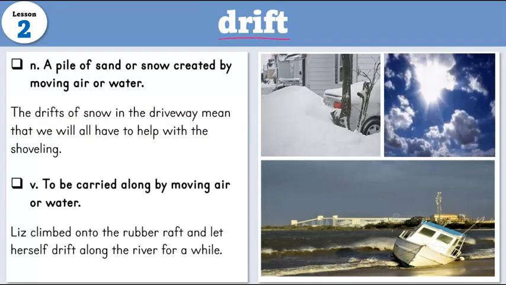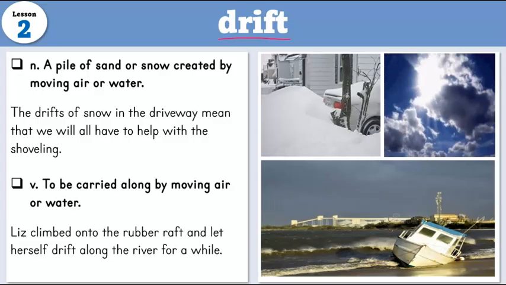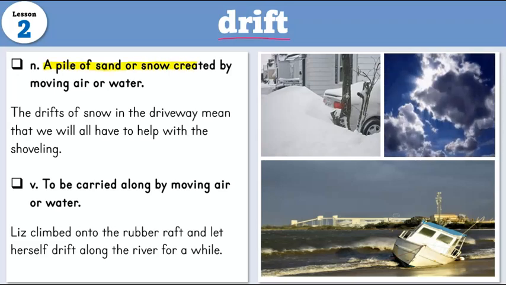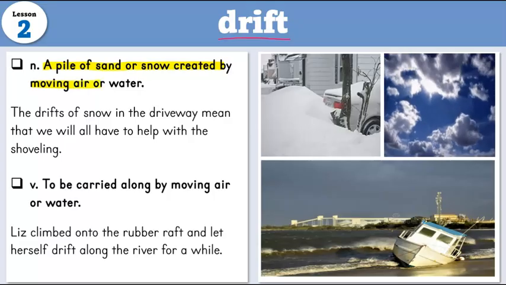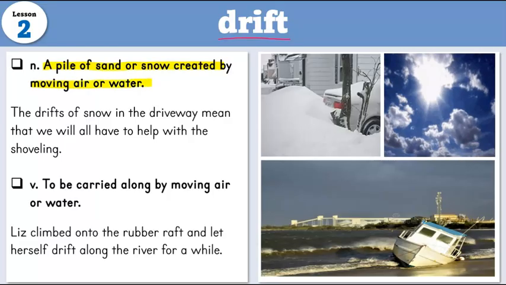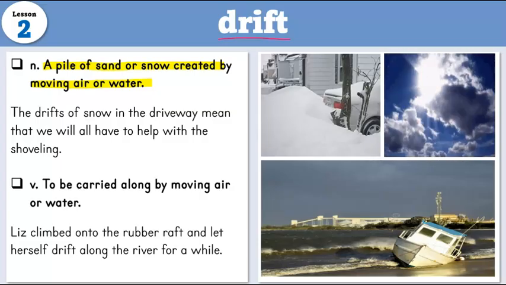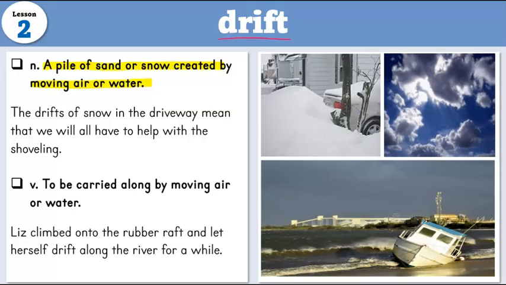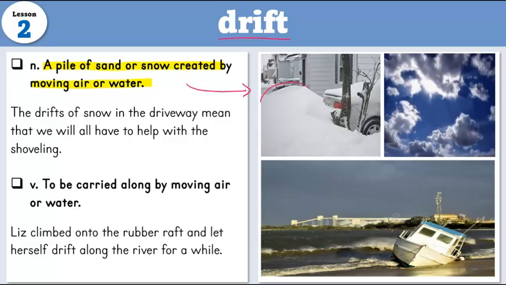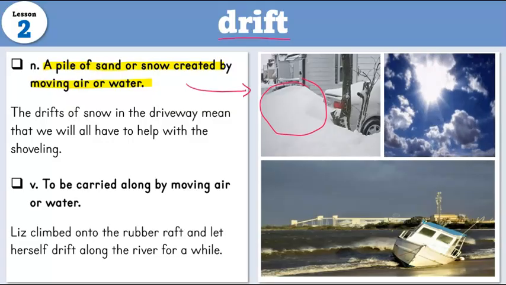Our next word is drift. Drift can be used as a noun and as a verb. As a noun, drift is a pile of sand or snow created by moving air or water. So you can imagine that there is a snowstorm and it's very windy, and all of that wind is making the snow gather or move into a pile, just like here. You can see there is a pile of snow behind the car, or I can describe it as a drift